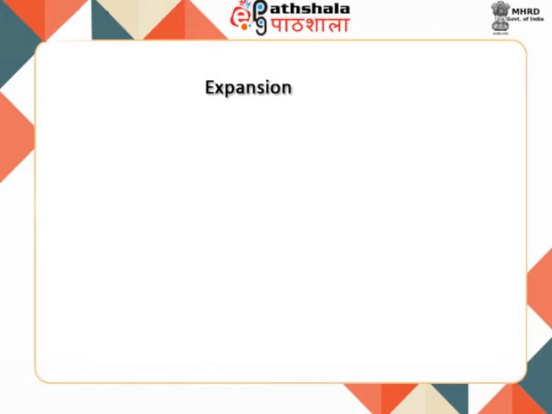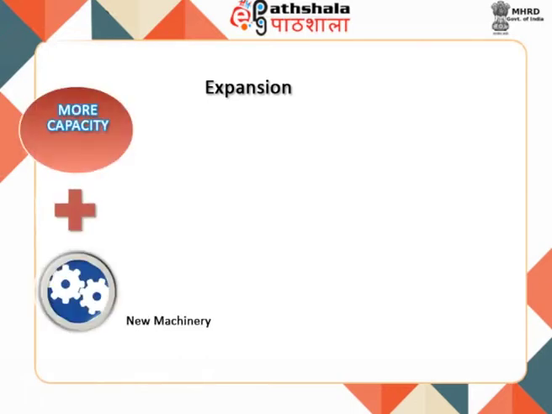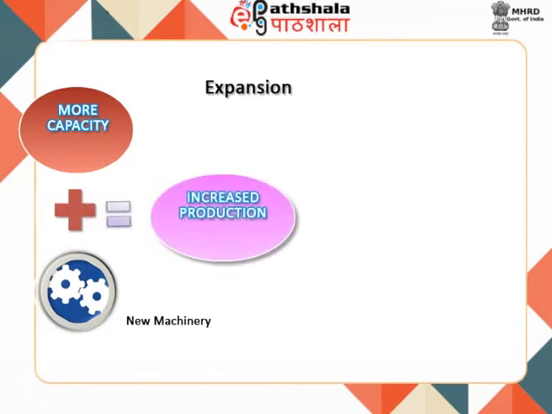Expansion. It refers to widening the production capacity of a firm, which requires more capacity and new machinery and equipment to deal with increased production. Suppose Apple is manufacturing 1 lakh units of its iPhone each year with its given capacity. In case of an increase in demand or the expectation of increasing its sales, it decides to manufacture 2 lakh units of iPhones. This is an example of expansion.